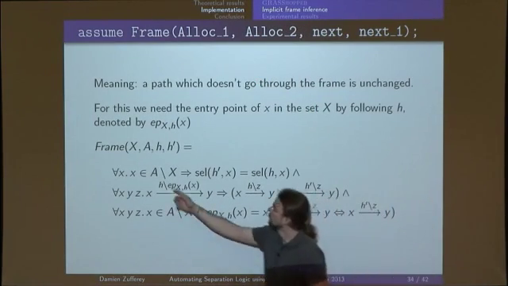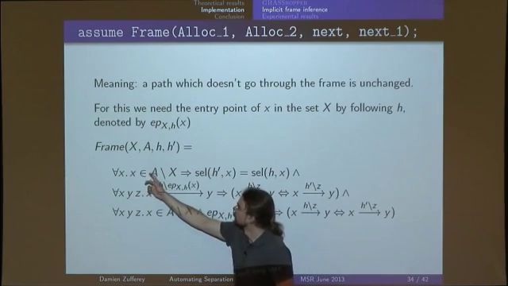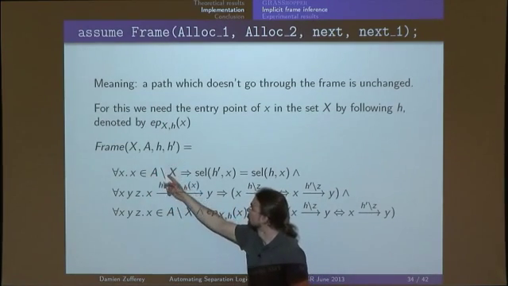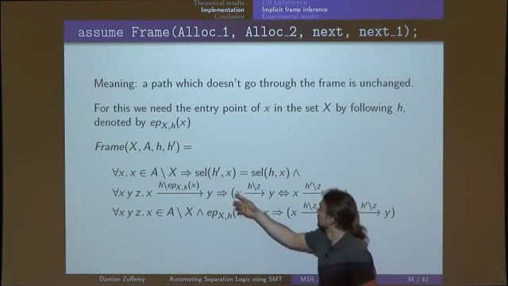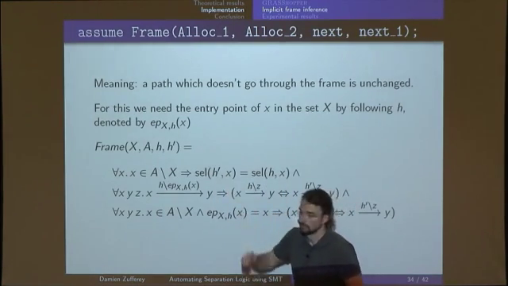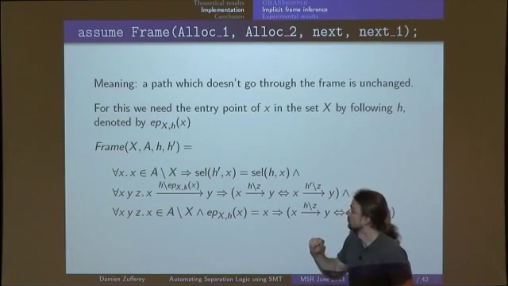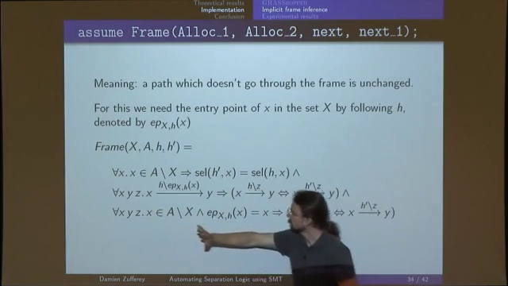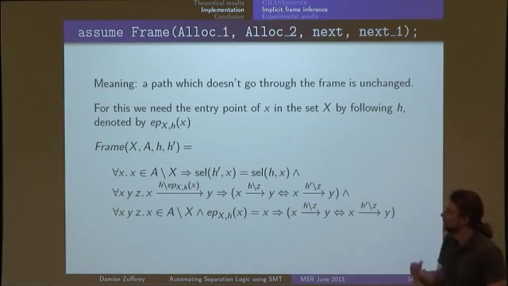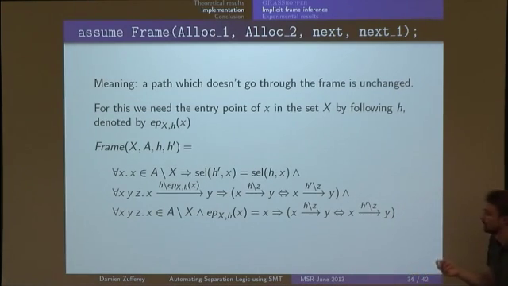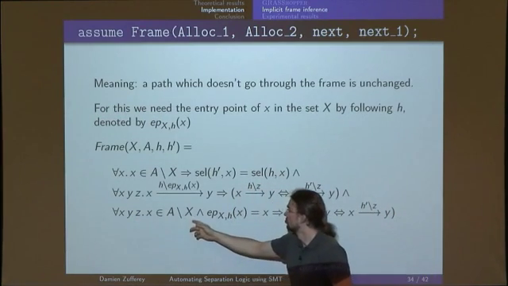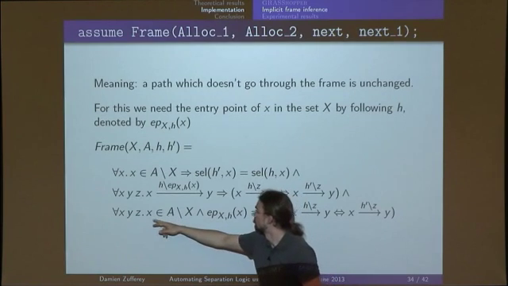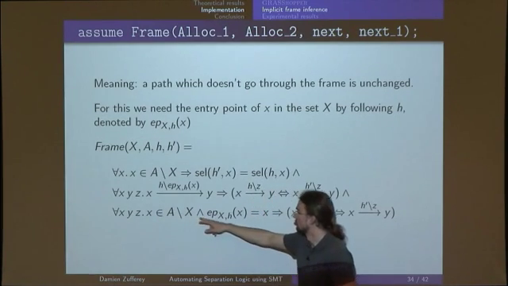Let's say for any node which is part of the caller but not of the part that the call is modifying, well, the successor function does not change. So the prime version is the same for all variables. Then we need to say the same about the path. So we say that for any node from any node which is in the frame,